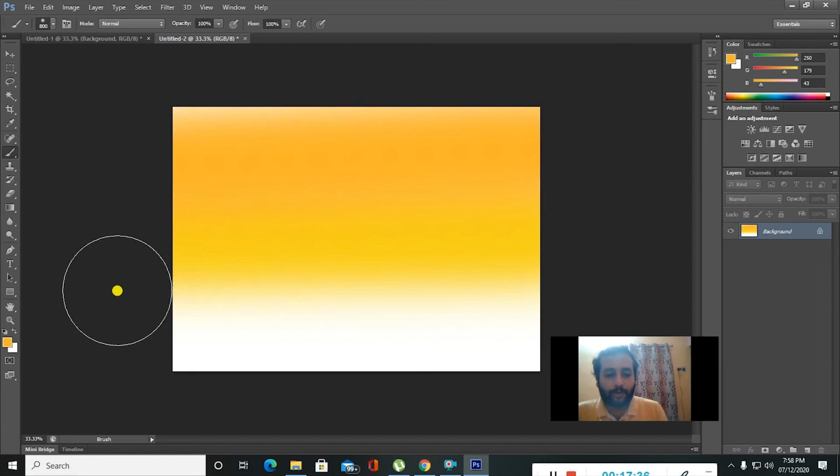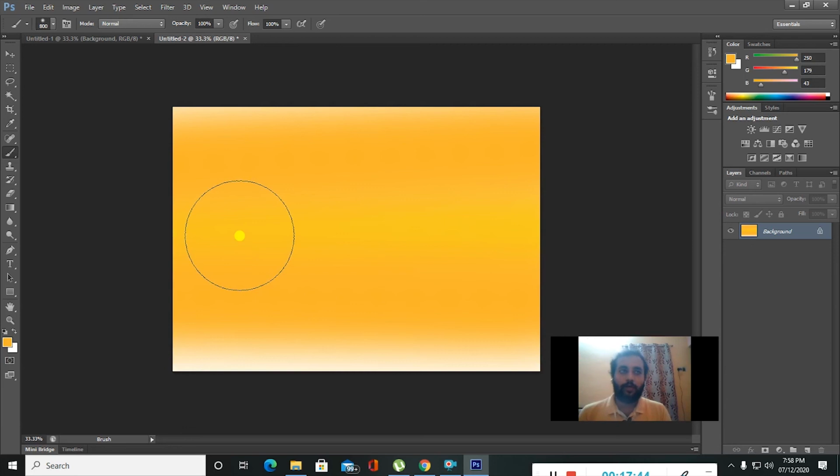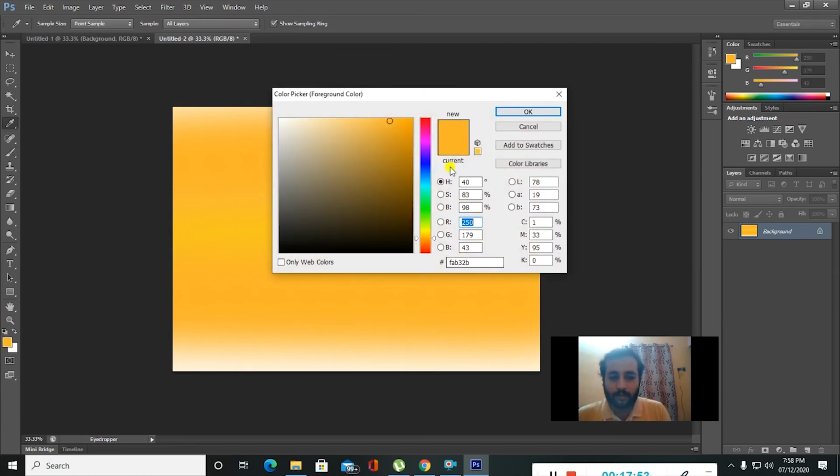Gradually you can darken this orange. Again click on the color palette and bring this slider a little down. You see it is becoming a little darker. Now click OK again and repeat this step.